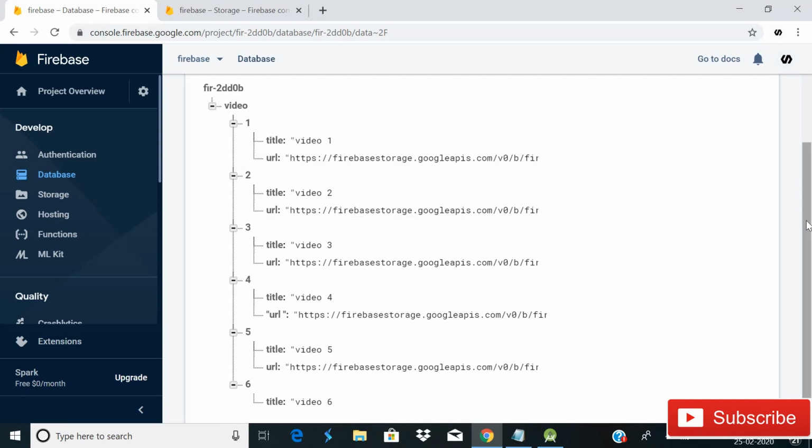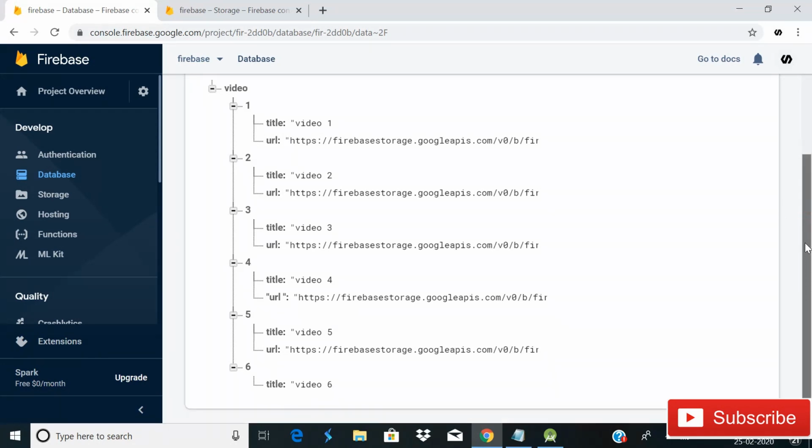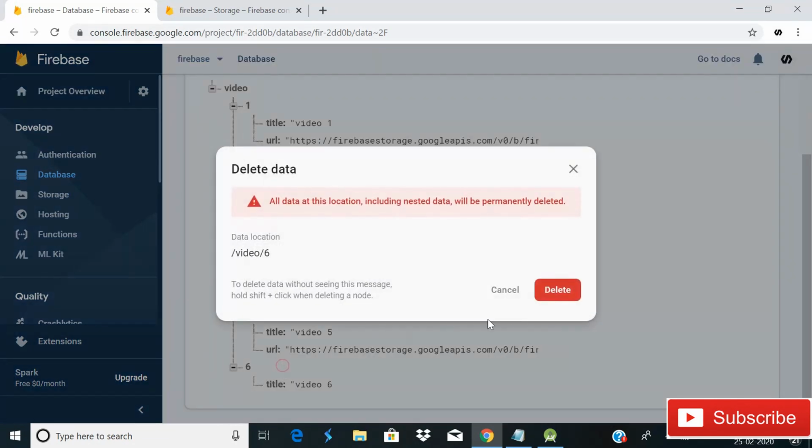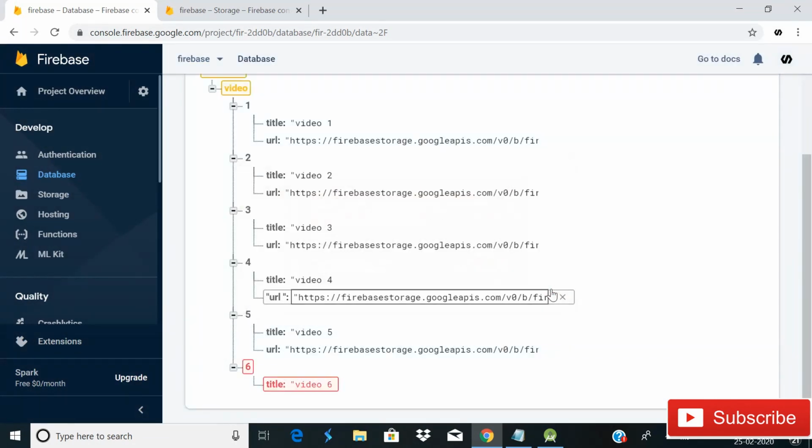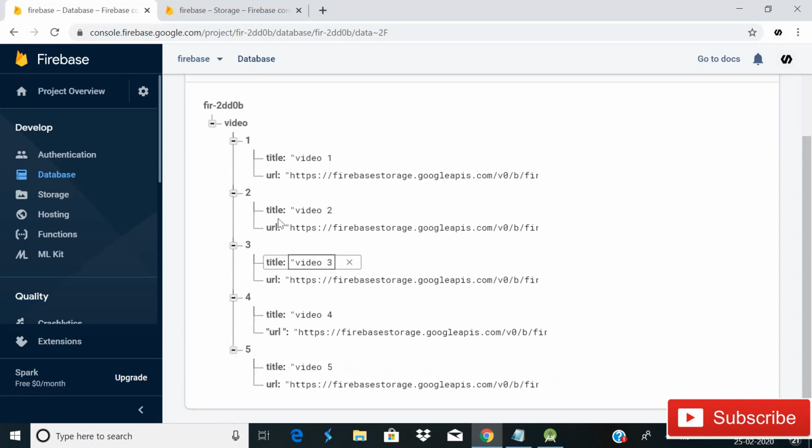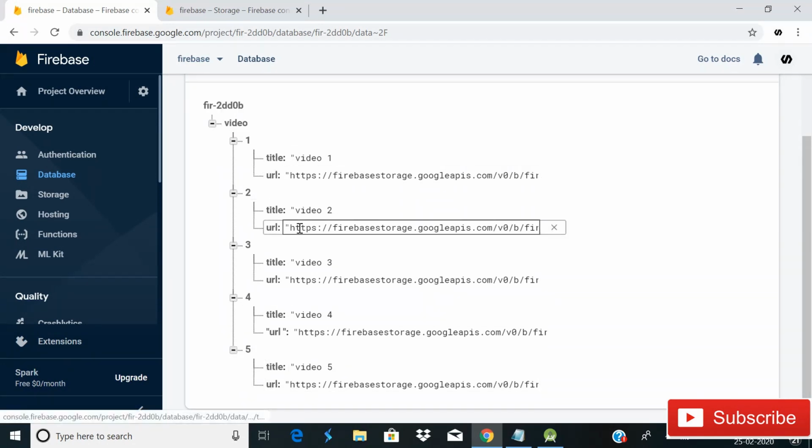Now, the sixth one, let me delete this, I forgot to write URL, so delete it. Now you can see that we have 5 children. So make sure that the title of all the subchildren should be the same, and URL the same.